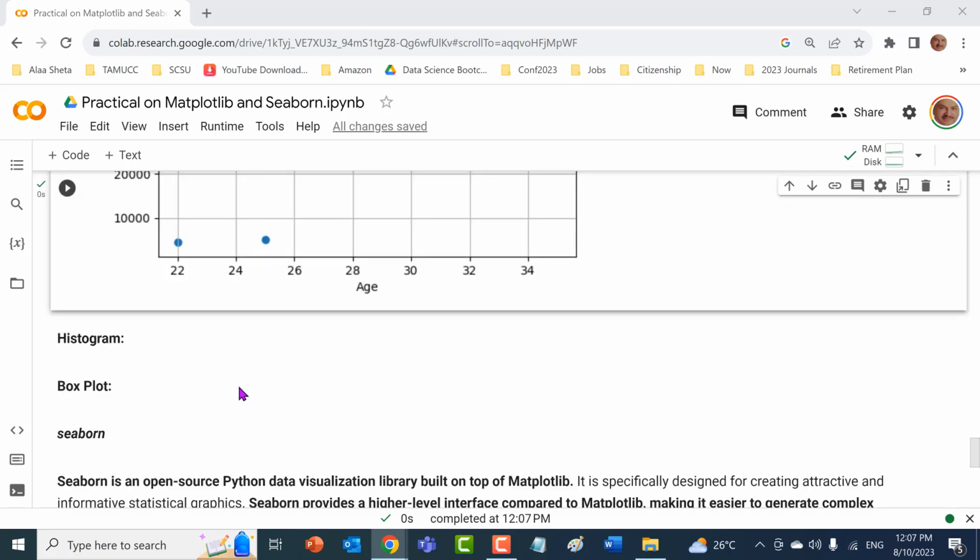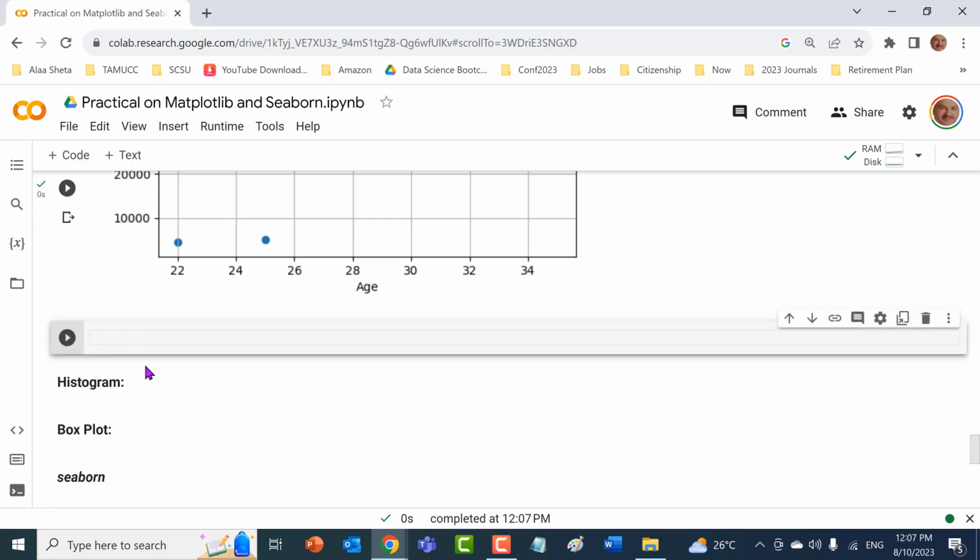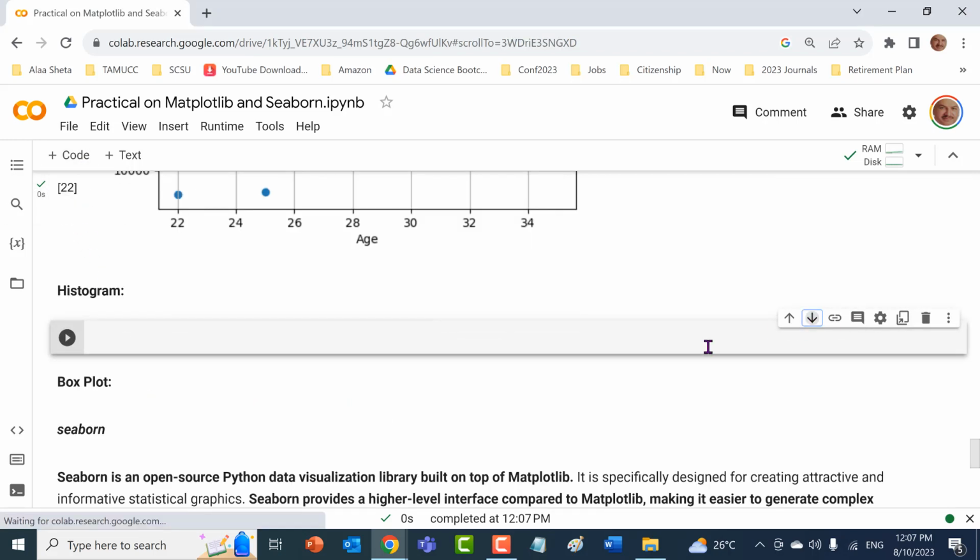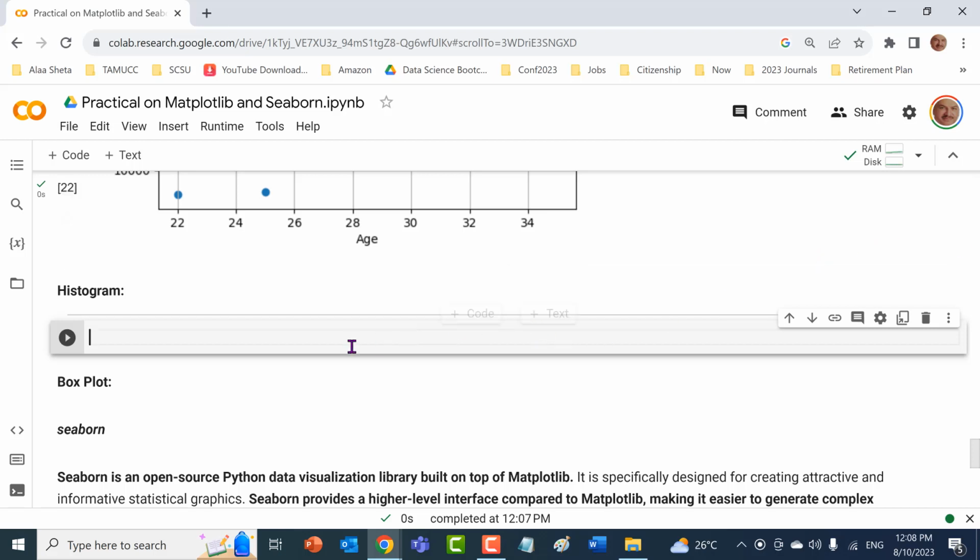All right. Now we move to something called a histogram. Let me just get this down. The histogram can be used to plot the number of times an element is presented in the data set. So for example, I'm creating a data frame